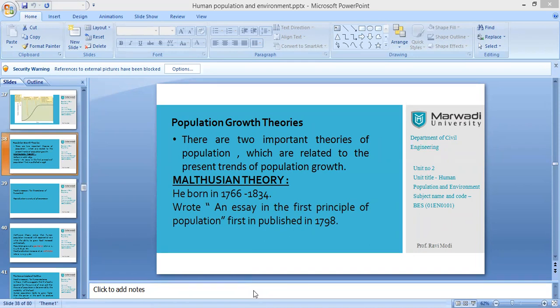There are plenty of methods, but we will not go into the detail of the numerical of each and every type because that is not in the syllabus. So we'll cover the portion that we have discussed. Any doubts, any questions, then please ask. Otherwise I'll just start and quickly move on.